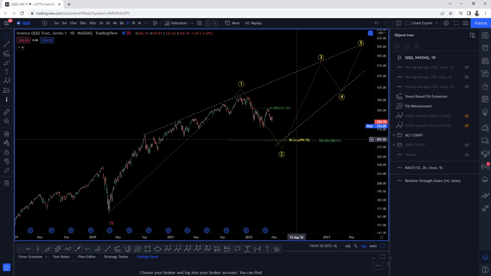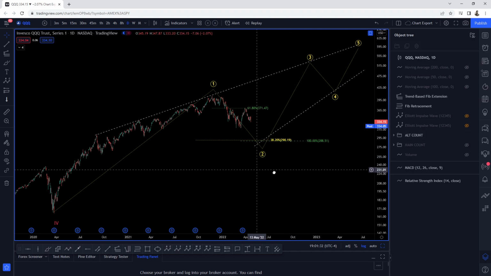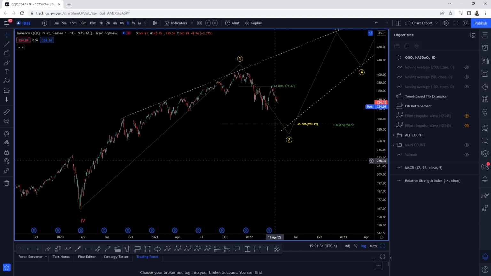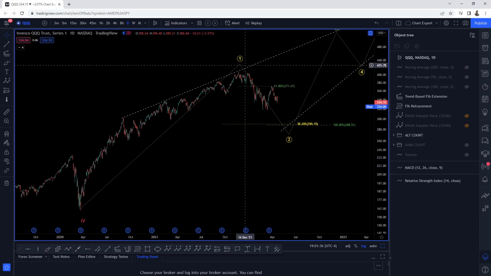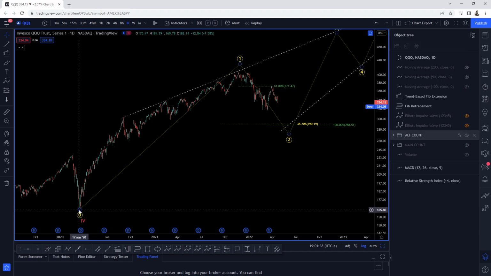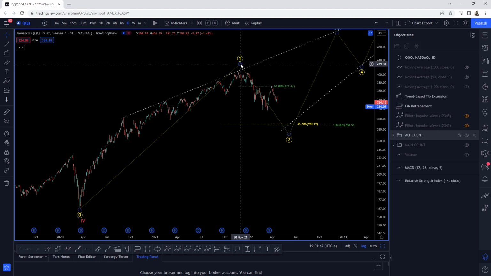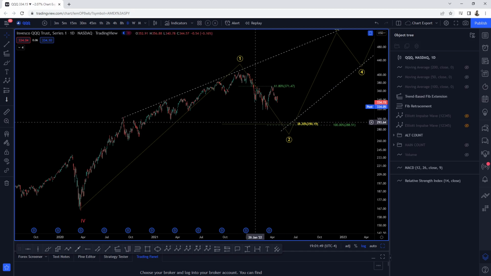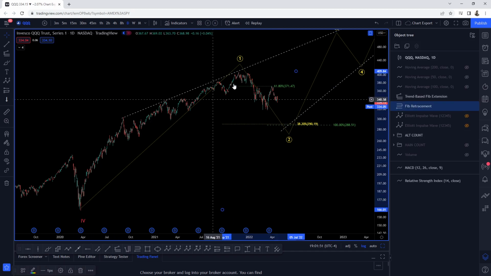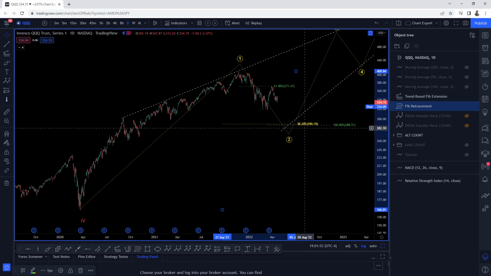So these targets, as I mentioned earlier in the start of this video, these targets arrived from the yellow count, which is the primary degree, started on March 17th or March 18th of 2020, completed on November the 18th, November the 20th, right, of 2021. And then we started going lower. So you take your retracement tool from the low to the high, and you get your 38.2% retracement.